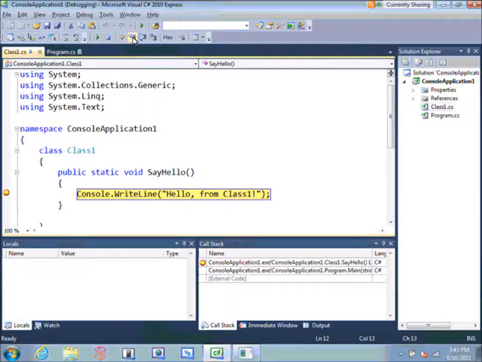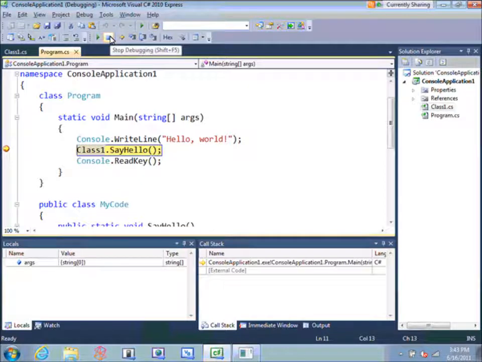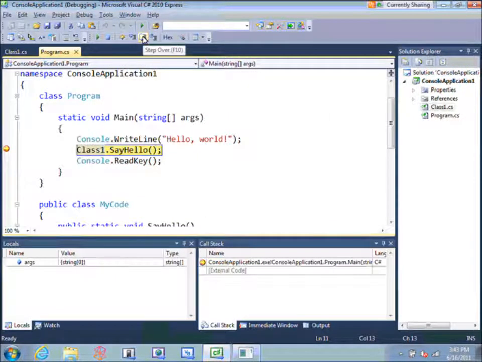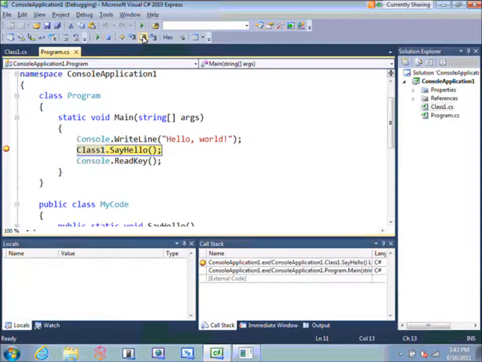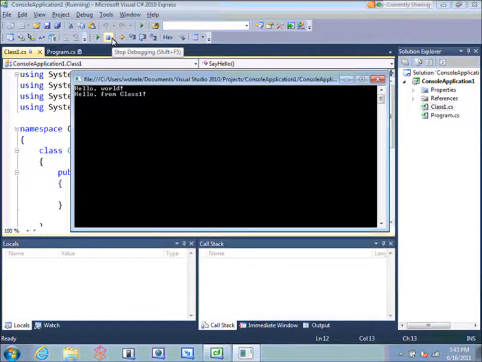So as I do that, I get this ability to step through that one line at a time. If I rerun this and use the second one, this says Step Over. I have the breakpoint in that second line of code. When I do the Step Over, it actually does break on that. But if I turn that breakpoint off and rerun this,